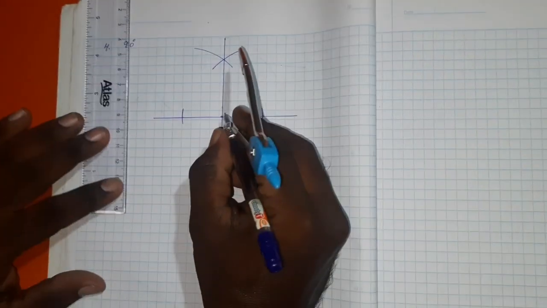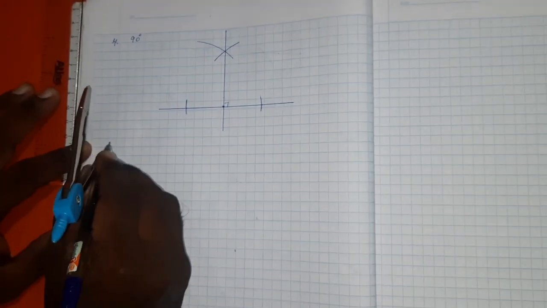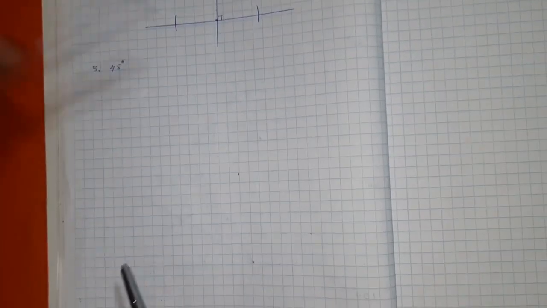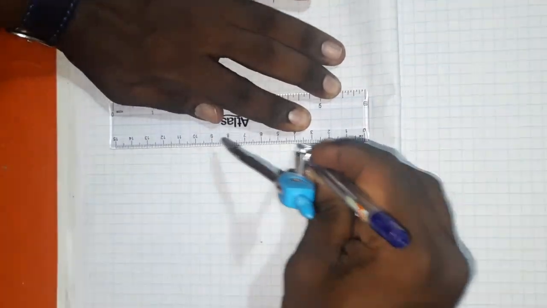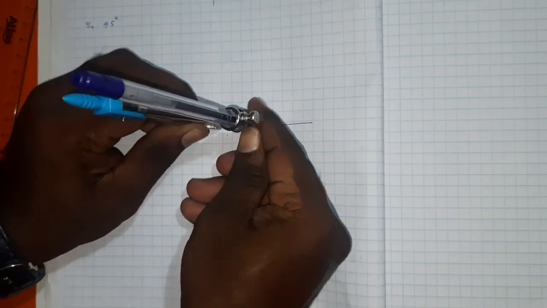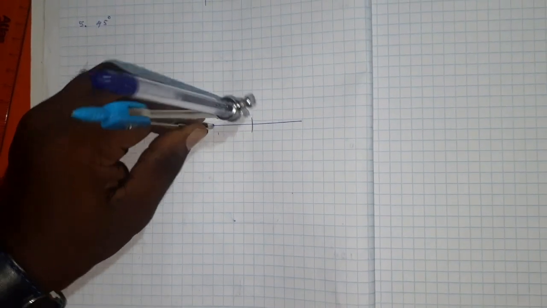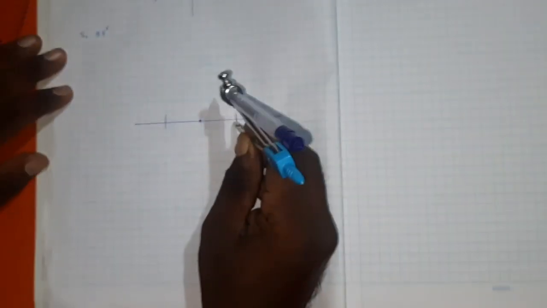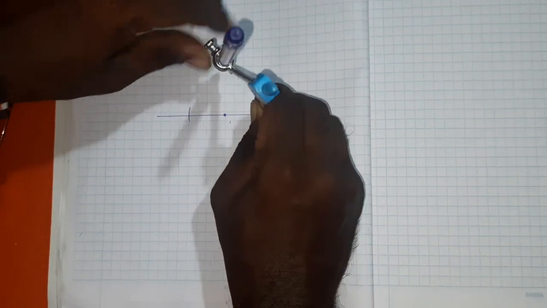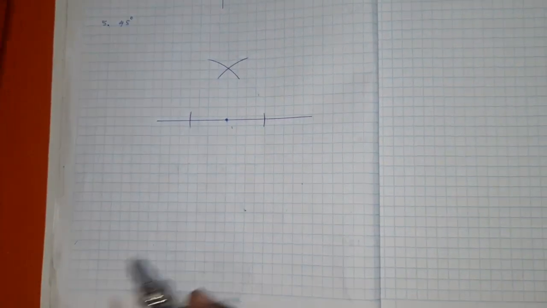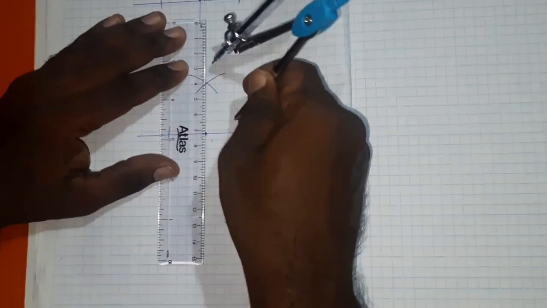Then the other one would be 45 degrees. To construct 45 degrees, again you need to construct a 90-degree angle. Draw a straight line like this and keep a point on the straight line. Then by keeping the compass on that point, construct two arcs on either side of the point. Then from those points you can draw an arc like this, and without changing the length you can intersect that arc. Then when you join the point and the intersected points of those arcs, it will make 90 degrees, but